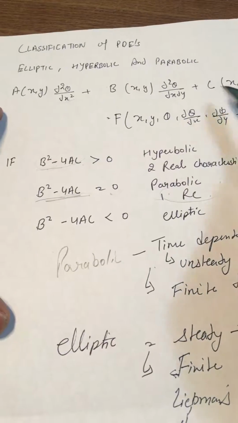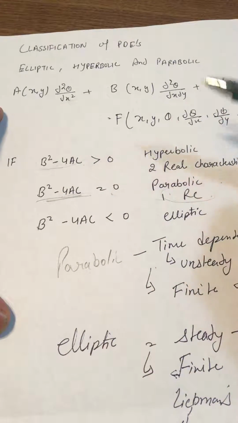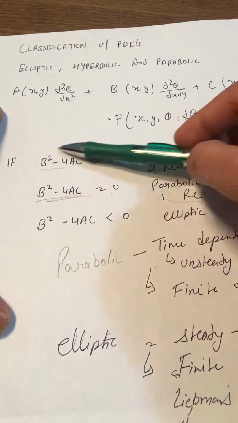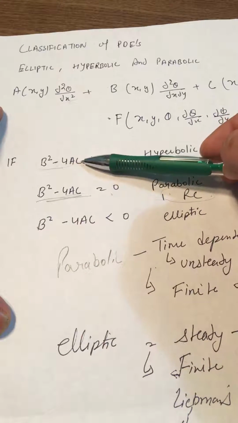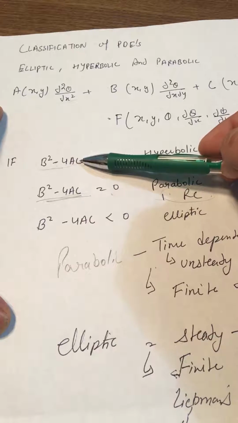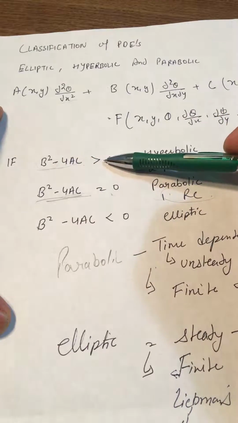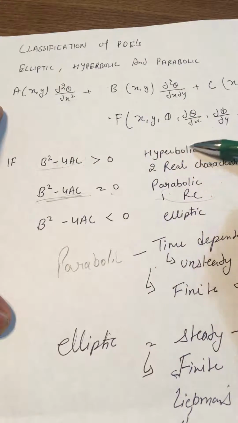There are a lot of schemes that you can use to describe these PDEs, but I'm going to use b square minus 4ac. So if b square minus 4ac is greater than 0,